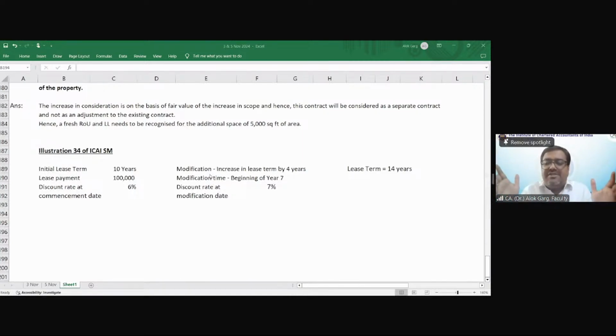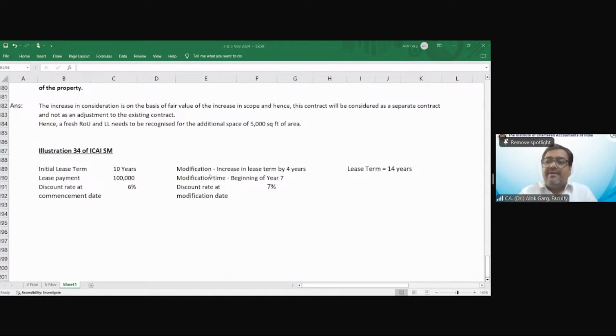The lease term is changing. The time is changing, and hence I need to take my revised discount rate. I need to take the revised rate, correct? To recompute the lease liability. Is that right? But let's say this lease term has not been changed, the lease term is 10 years only,